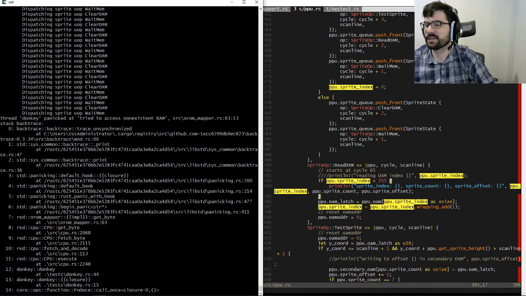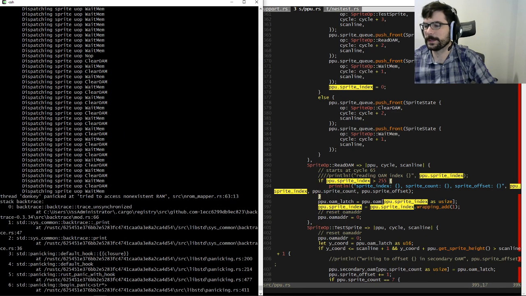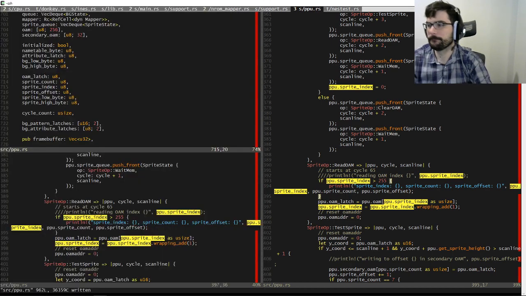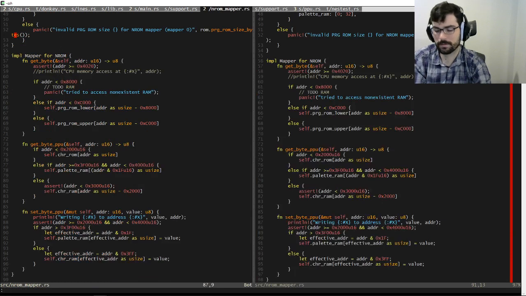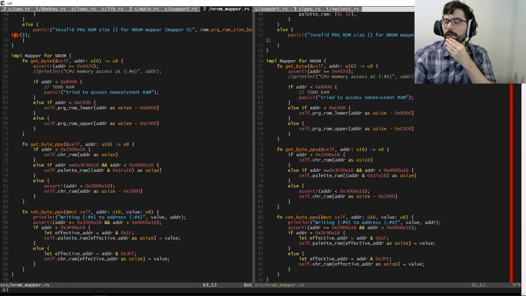Uh-oh, tried to access non-existent RAM. That doesn't seem good. Address less than 8,000.